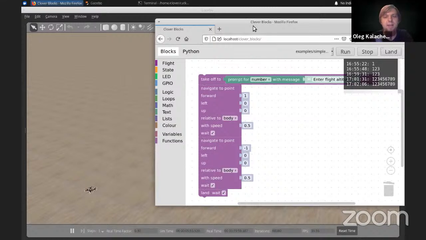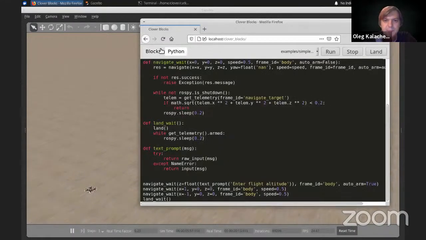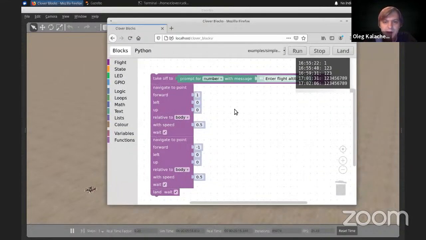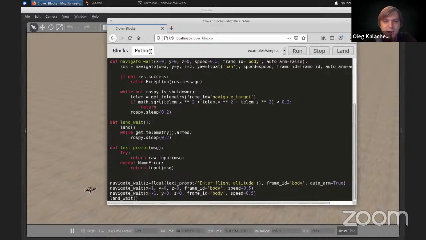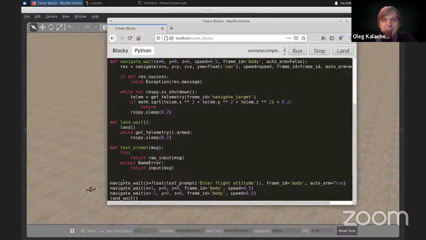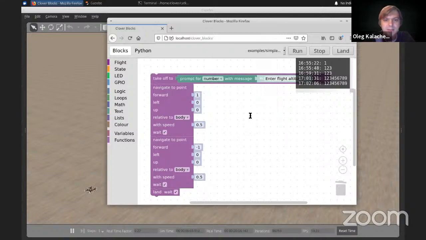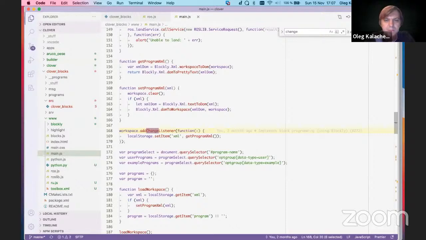Okay, and the last thing I want to talk about in this project is how we implemented the highlighting of the current block. This is done this way. Actually, Blockly allows me to insert any code I want between 2 blocks. And when I generate the program, I ask Blockly to